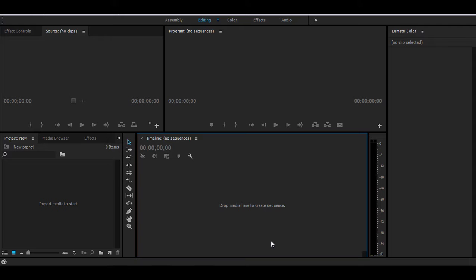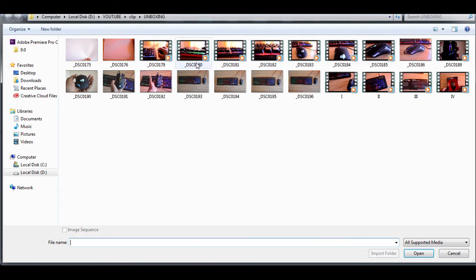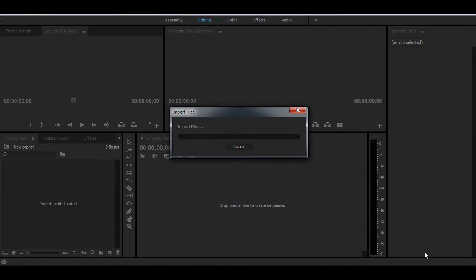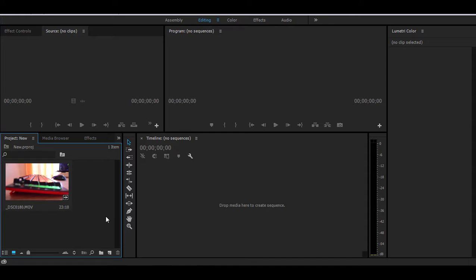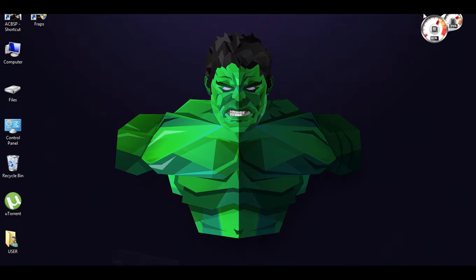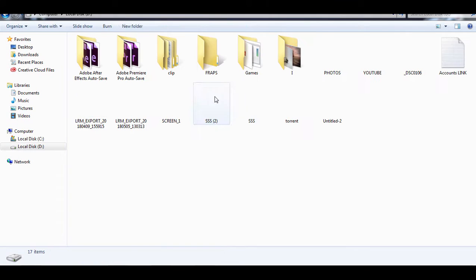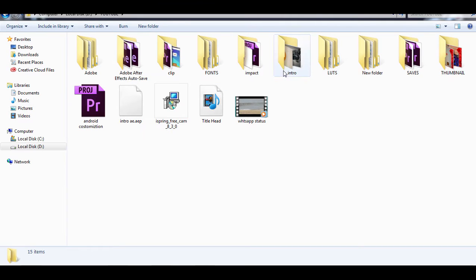So the first thing you want to do is import a file. Importing is simple, just go to the library, double click and go to the video. So that's simple. There's also another way. You could also go directly to the video which you want to import and